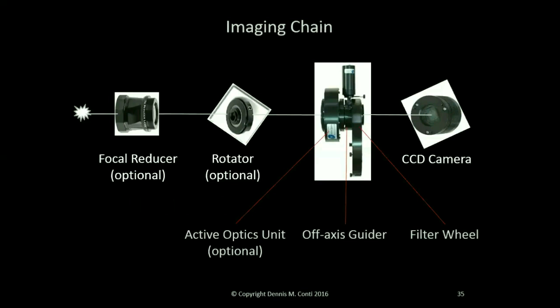Now, the image chain that is involved in doing exoplanet observing has some fundamental parts and some optional parts. If one wanted to increase the field of view, one could put a focal reducer in line between the star and the detector. It is also possible to put a rotator in line. This would be useful, for example, if one is trying to rotate an off-axis guider to get a good guide star. As we said earlier, an active optics unit is optional, but probably more than anything, what's important is an